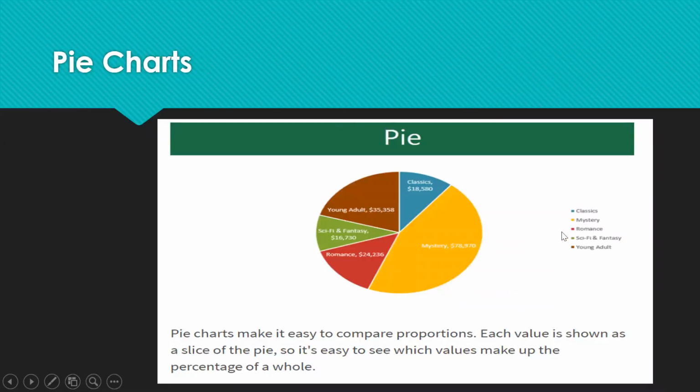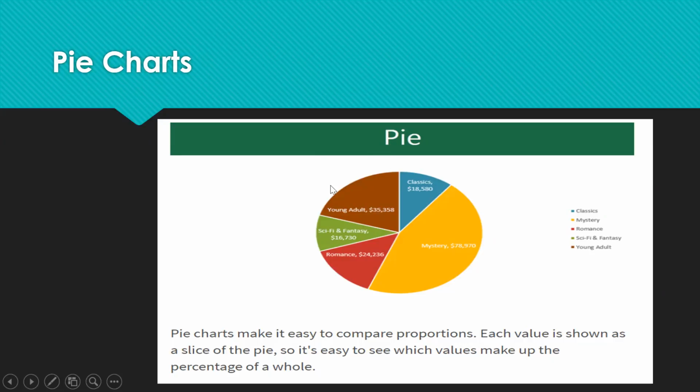Then we have the pie chart. A pie chart makes it easy to compare proportions. Each value is shown as a slice of the pie, so it's easy to see which values make up the percentage of a whole.